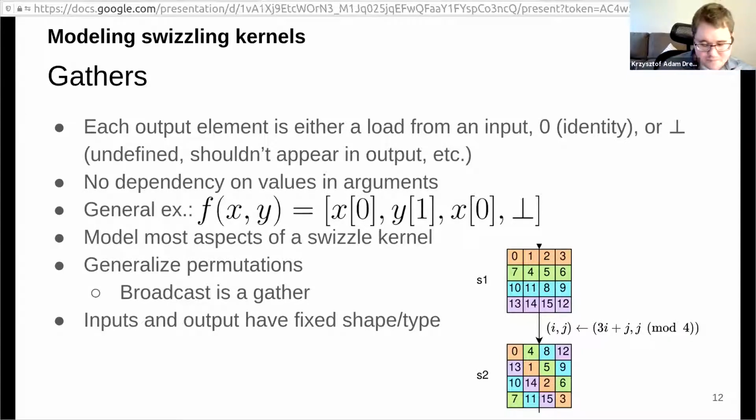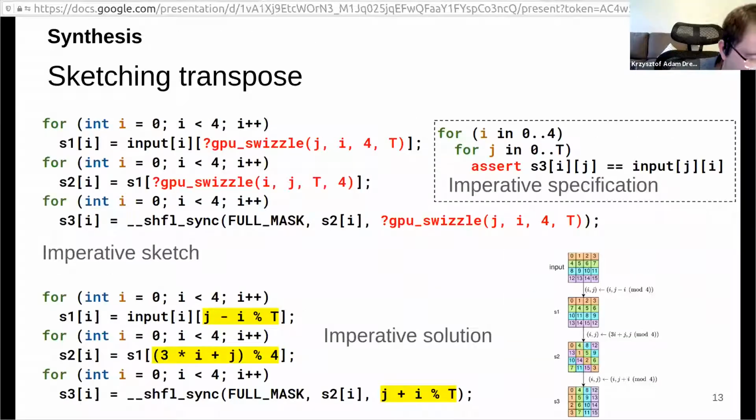And one note is that in Swizzleflow, all arrays and all function arguments have a fixed shape or type that's a constant, so we don't handle arbitrarily large inputs because the swizzling kernels usually don't, or at least the parts of them that people want to optimize don't. And so we restrict ourselves to just fixed sized programs, which helps with analysis and